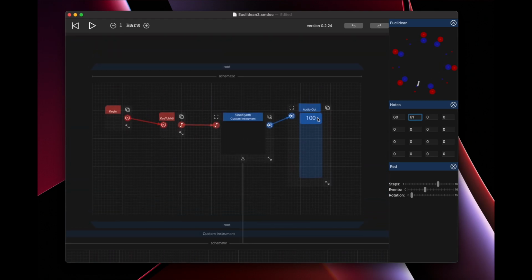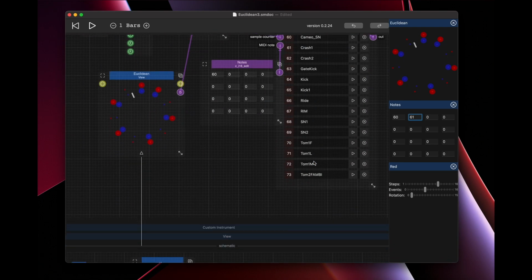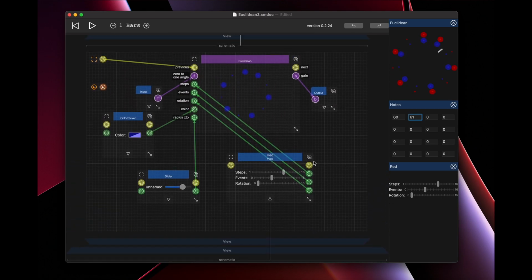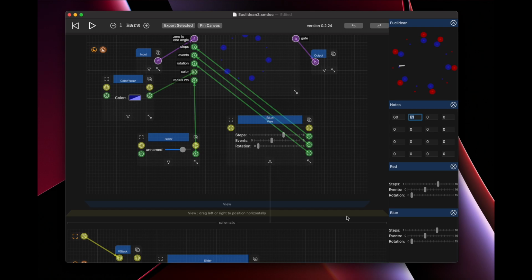I'm going to put volume a bit lower. So the two are going at the same time, so we need to change the name here. This is now called blue. I'll pin this to the canvas because this was copied from the previous one. It has the same values, but we can now change it. Let's go like